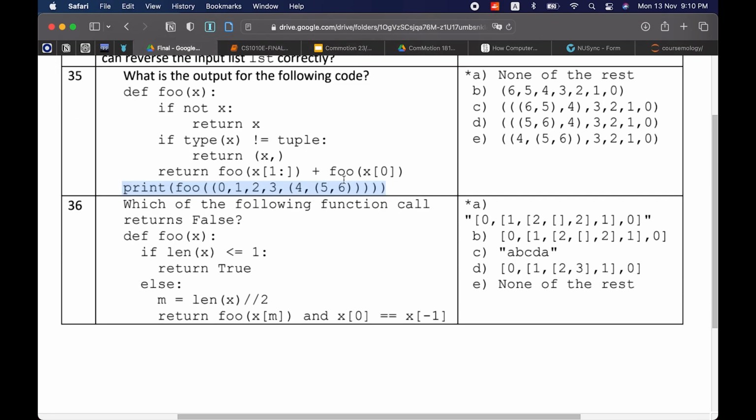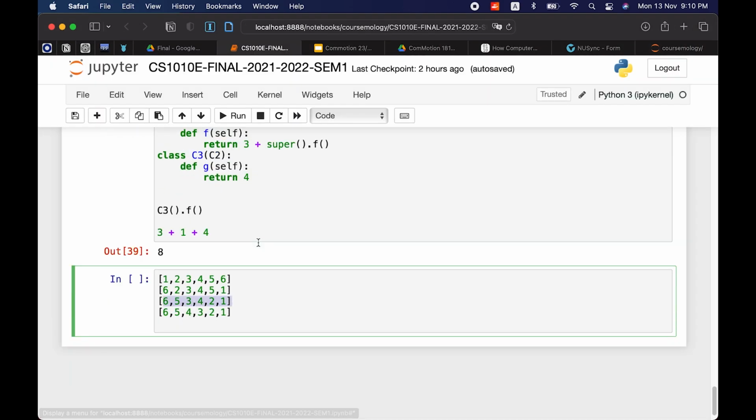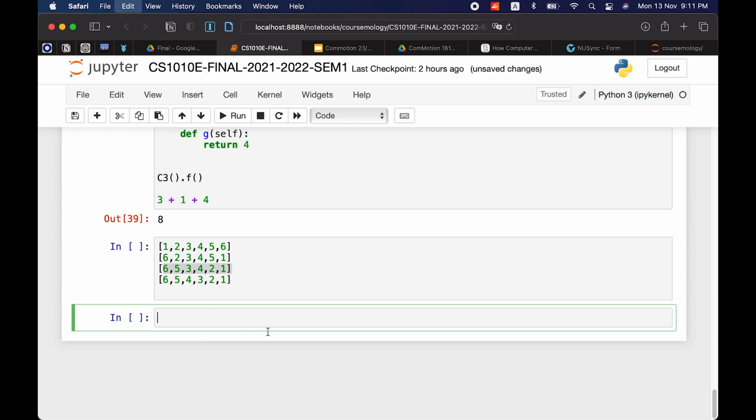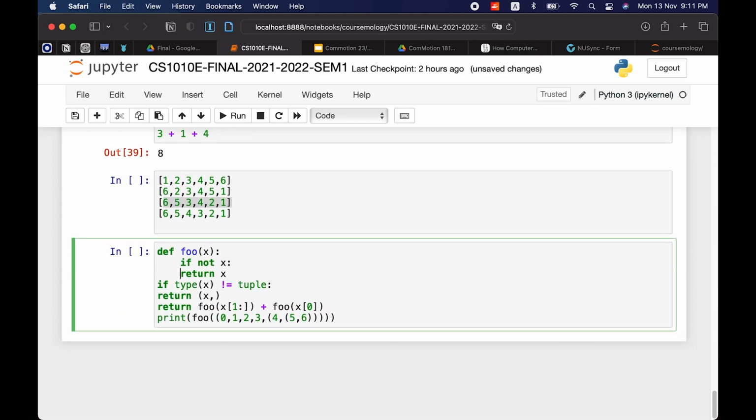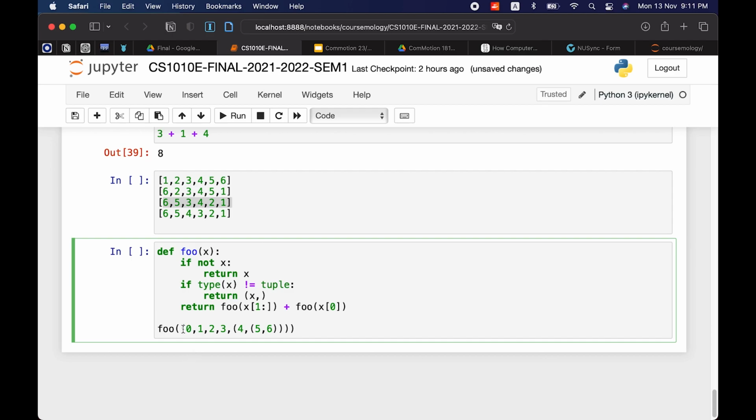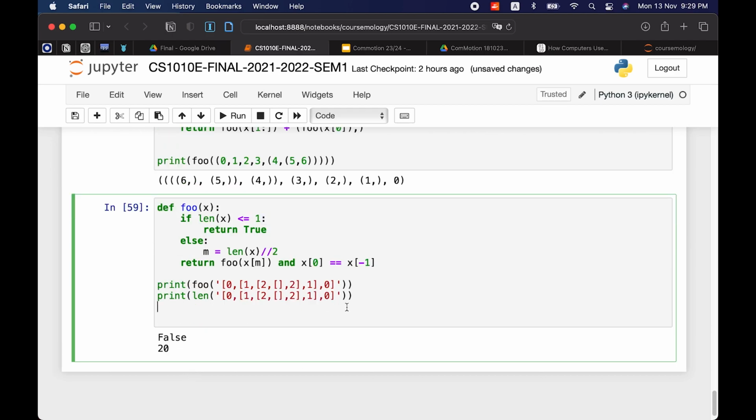Output of this code. Ooh. What is the output? Okay, before we look at the output, maybe we can think how we can determine the output without running this. So here's the thing. Sometimes I get confused.